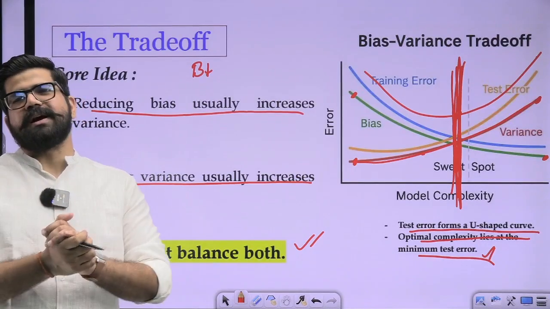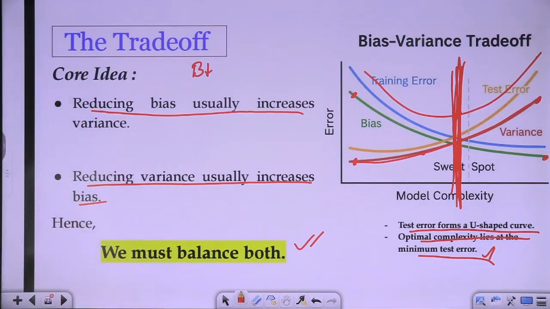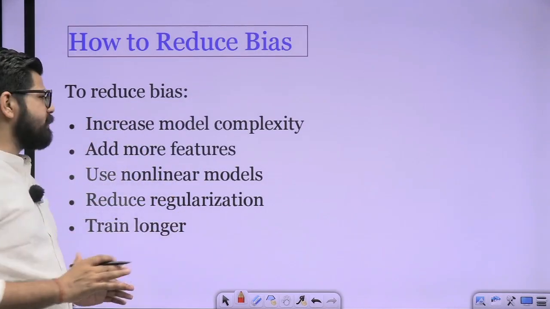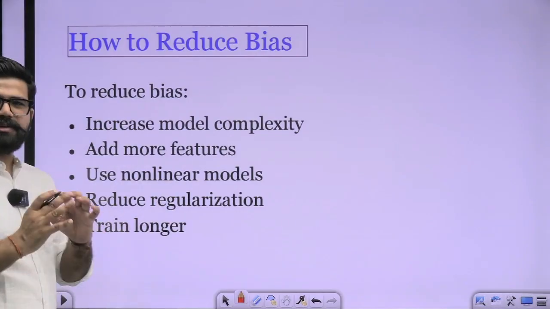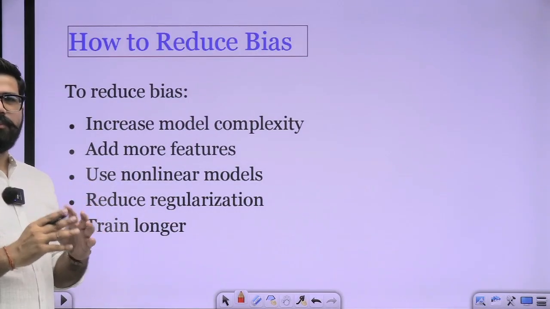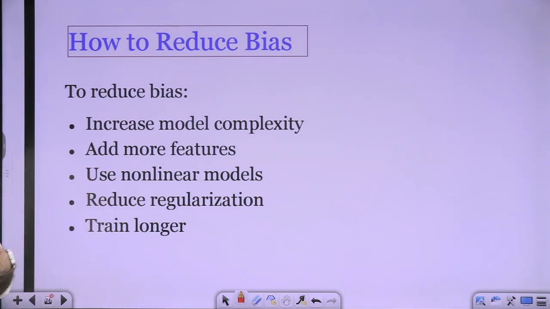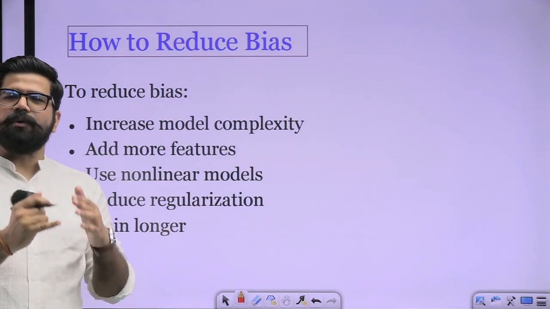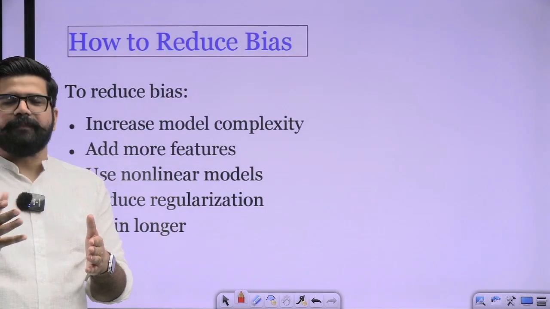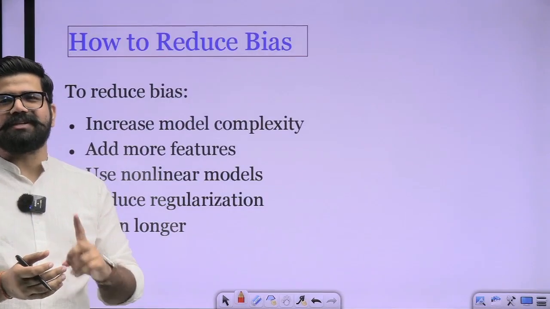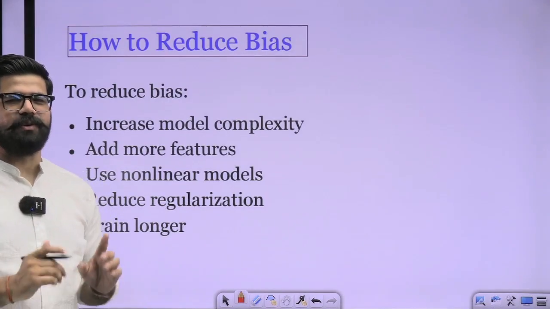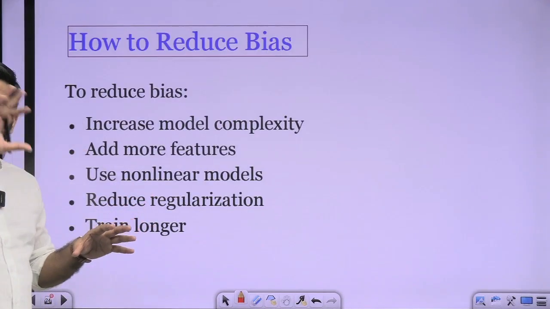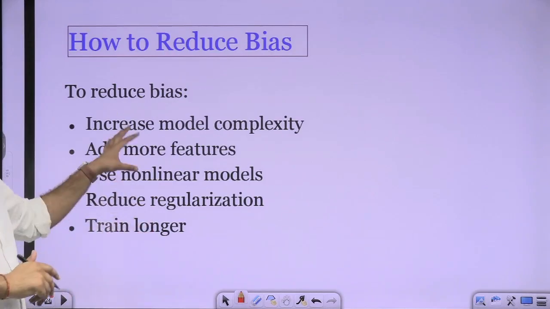Then how can we reduce that? A big question comes to your mind. There is a simple thing. To reduce bias, how can you reduce it? There are certain parameters you need to keep in mind. Must remember these things. This video is basically a conceptual video, a more lengthy video, because it contains a lot of things. If you do not understand the concept of bias, you are unable to understand the trade-off. If you are unable to understand the concept of variance, you are unable to understand the trade-off between bias and variance. So remember that first you need to understand the bias, then the variance, then you move on to the bias-variance trade-off.